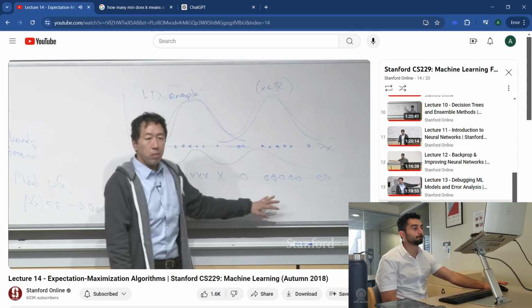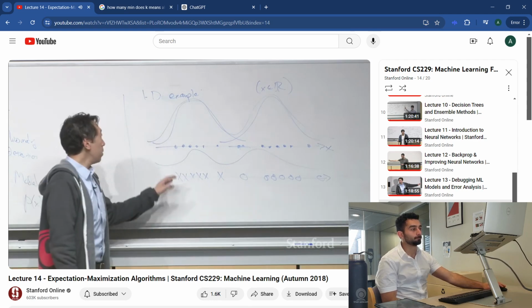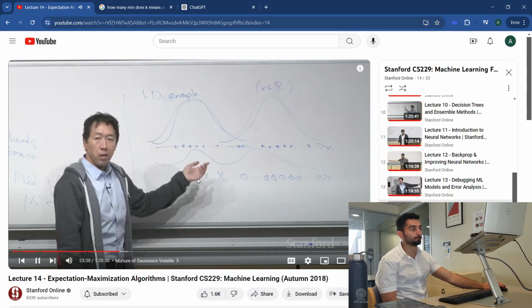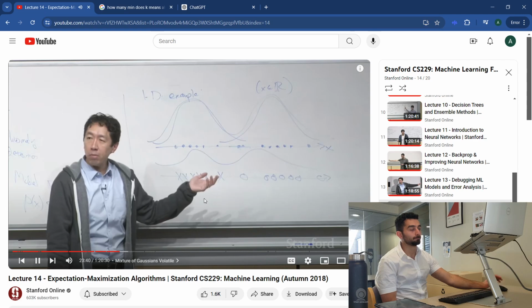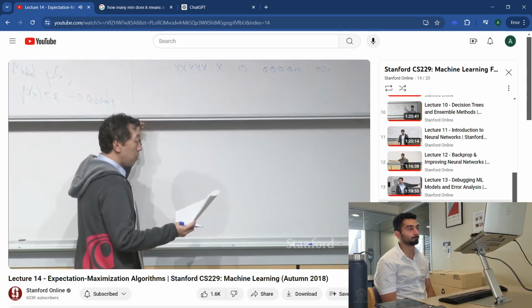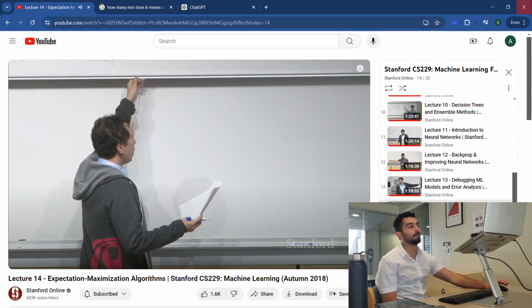The problem with this density estimation problem is you just see this data, and maybe the data came from two different Gaussians, but you don't know which example actually came from which Gaussian. Okay? So the EM algorithm, or the expectation maximization algorithm,